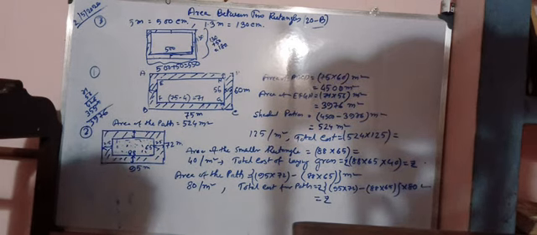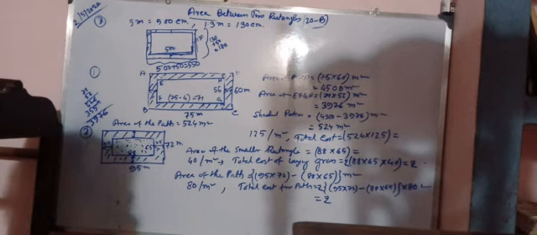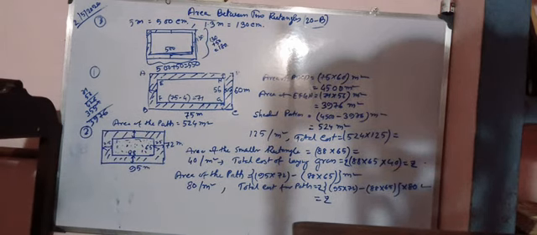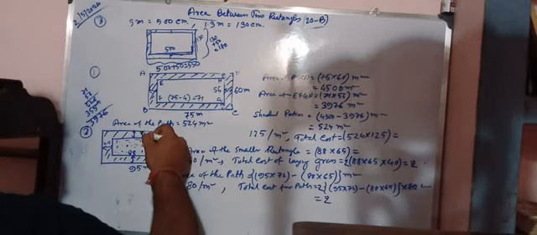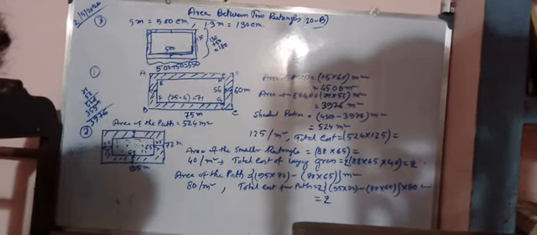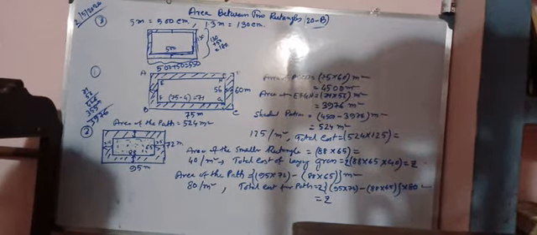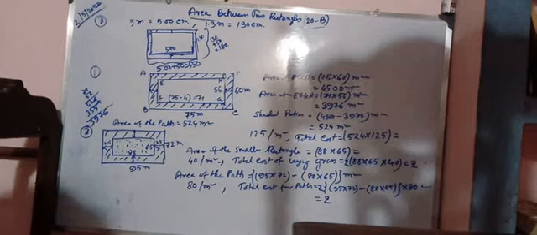Next, question number 4. A rectangular grassy lawn measures 38 centimeter by 25 meter and is surrounded externally by a 2.5 meter width path. Externally means outside, internally means inside. You have to remember that. Calculate the cost of graveling the path at a rate of 120 per meter square. So this is the same as question number 1.